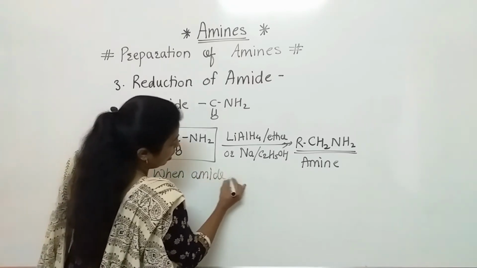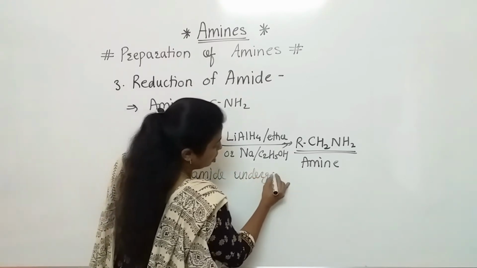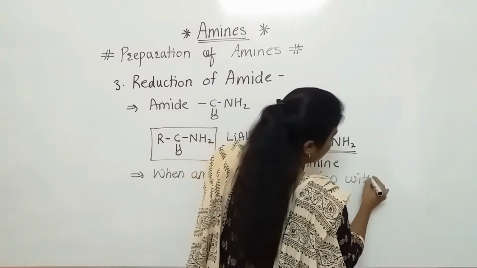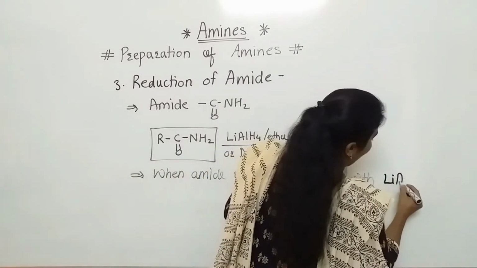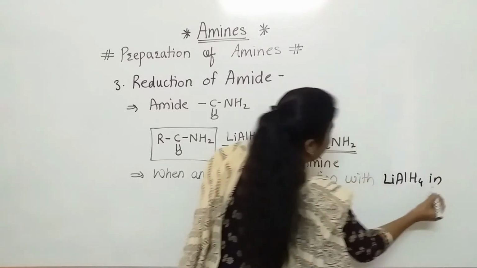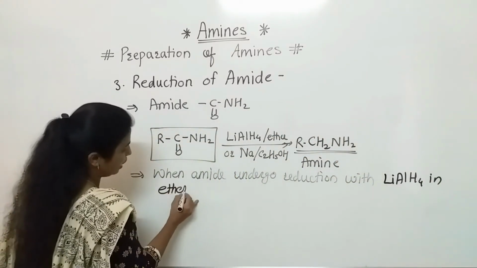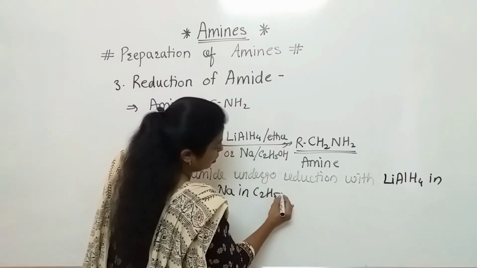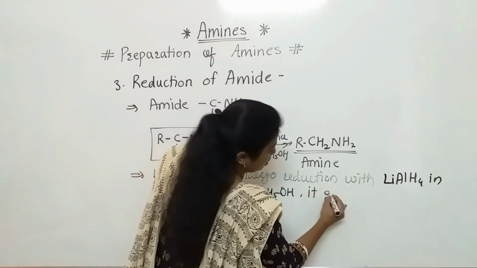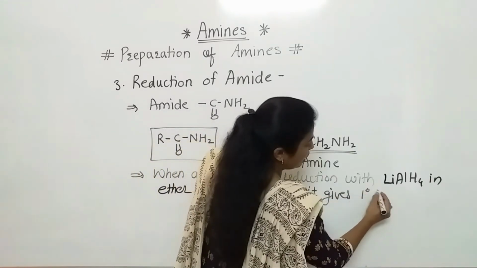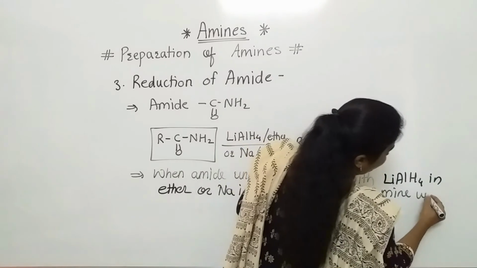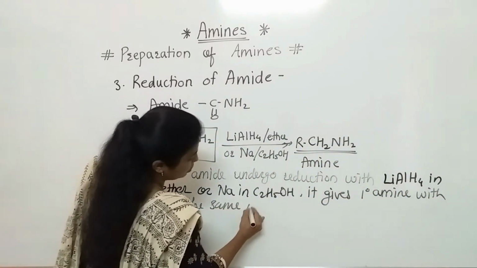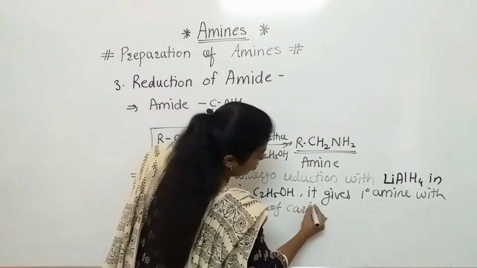So simply we will write here: when amide undergoes reduction with lithium aluminium hydride in ether, or sodium in ethanol, it gives primary amine with the same number of carbon